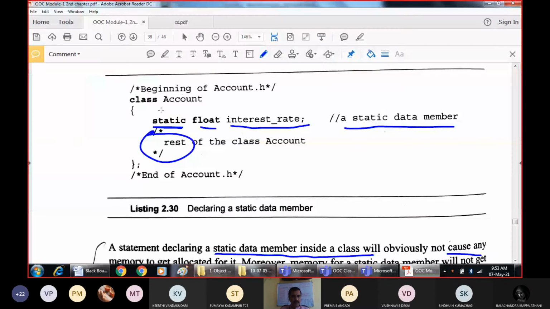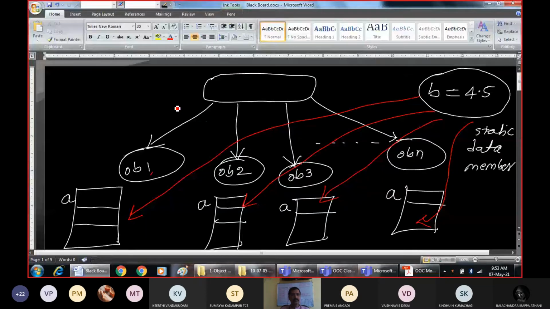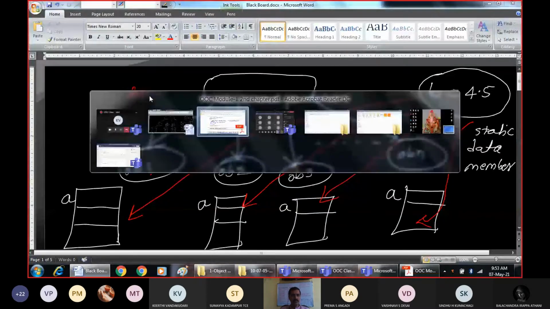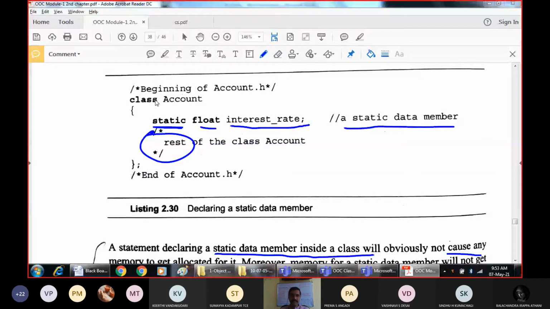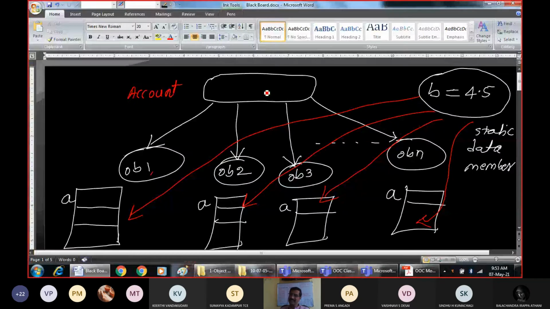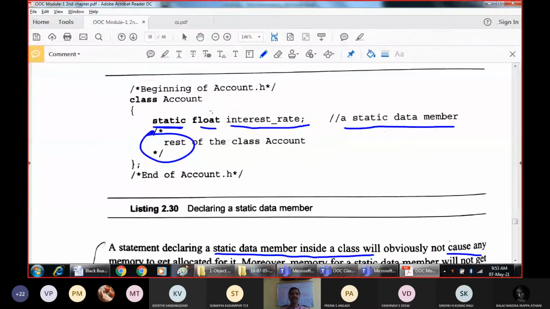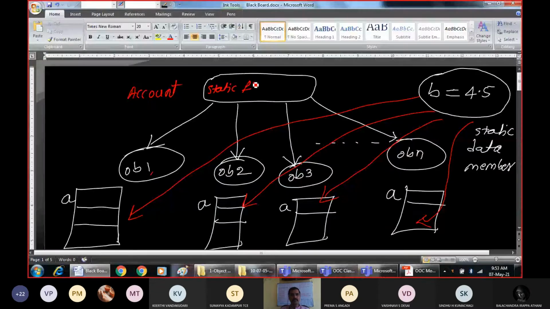The name of the class is Account. In Account, we have one static data member, static float interest_rate. That is static floating point type of data. And what is the name of the variable? Interest underscore rate. Same example I am taking now. So the static variable is declared.